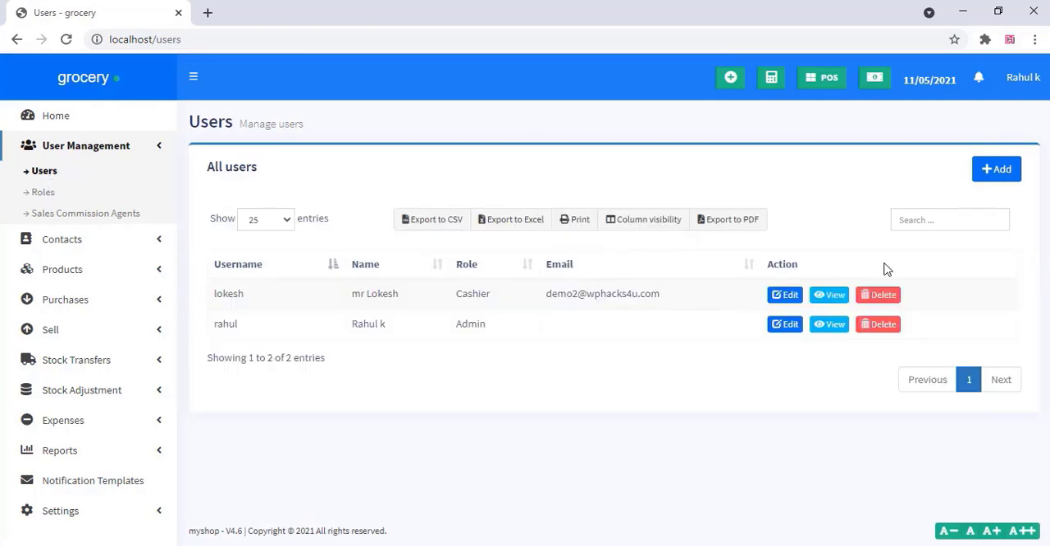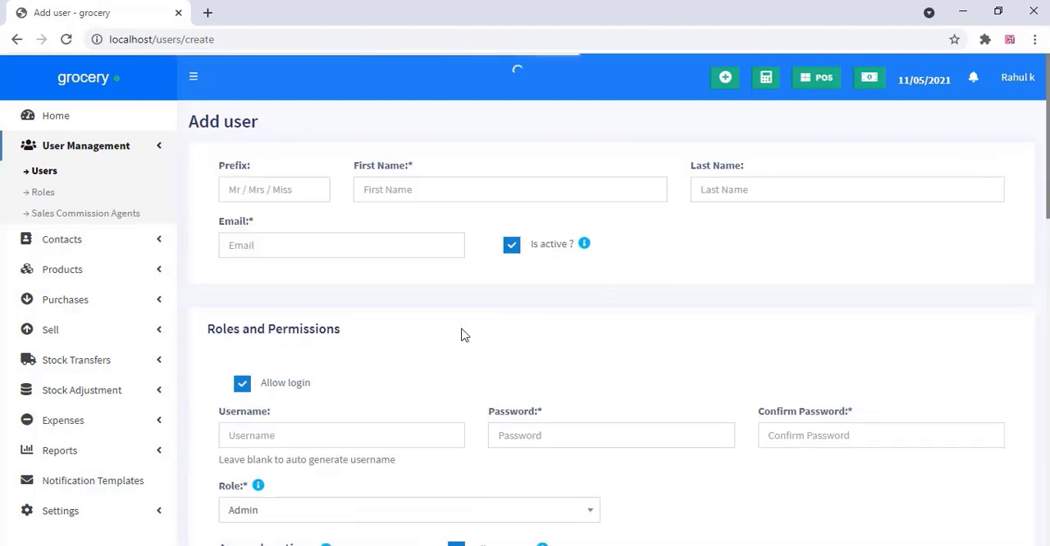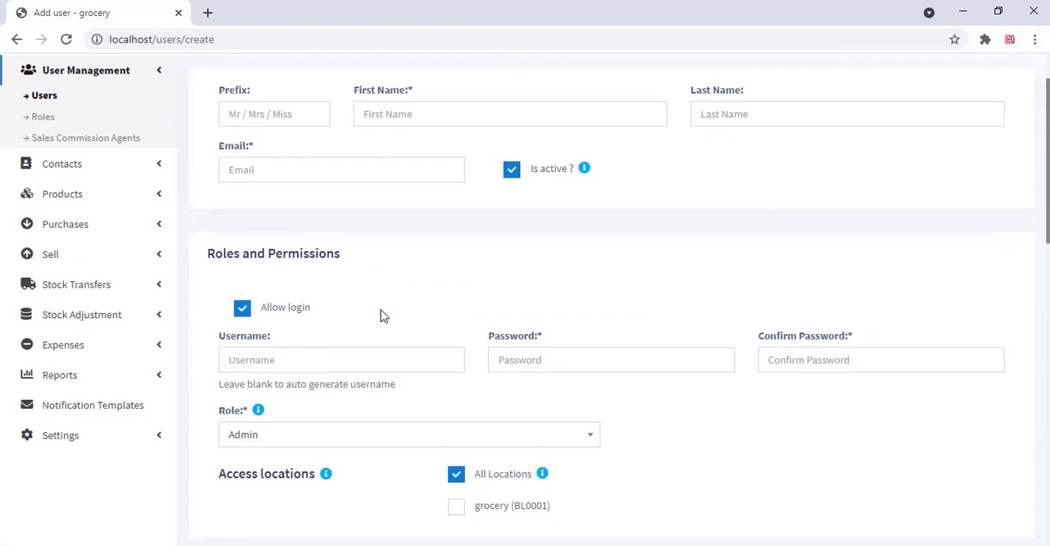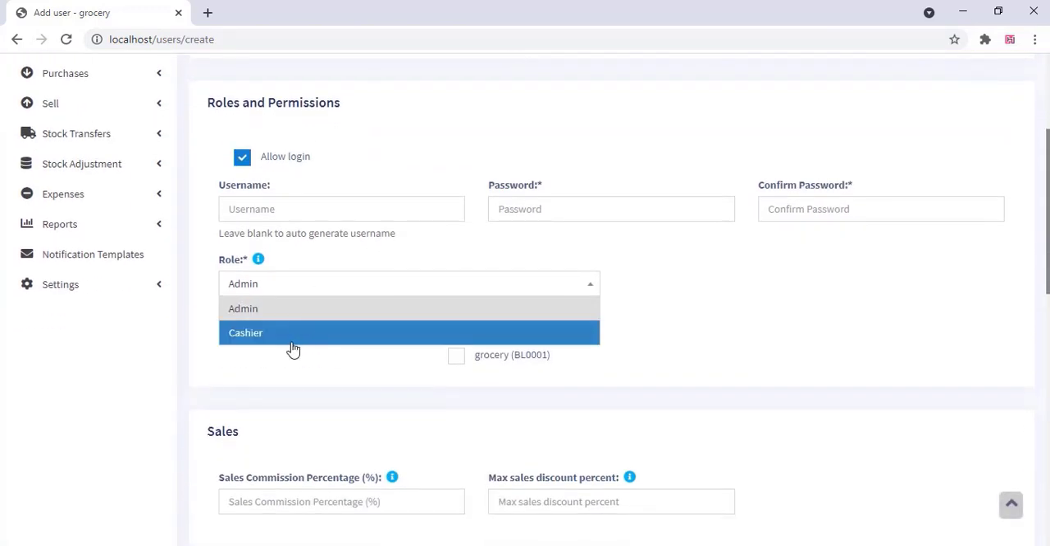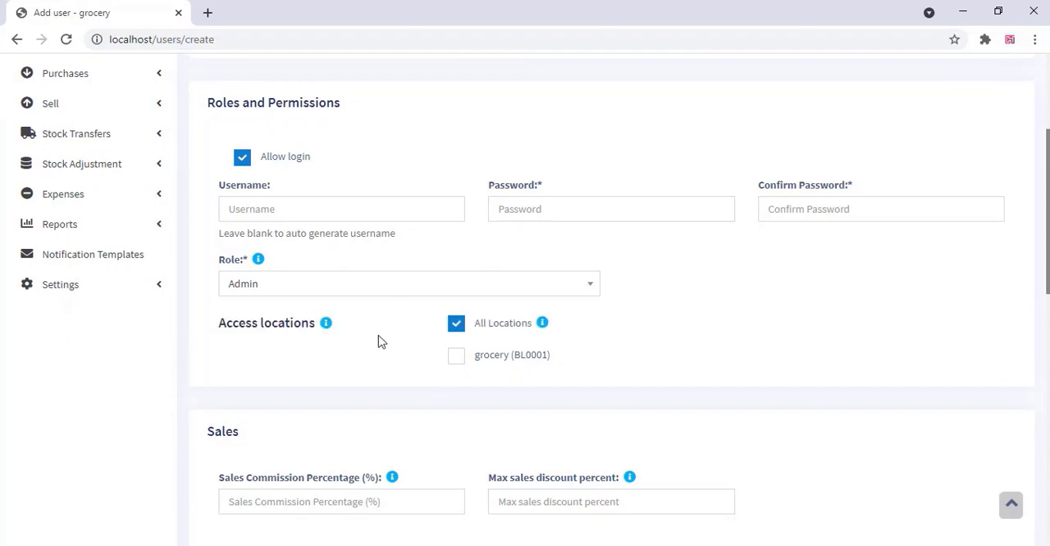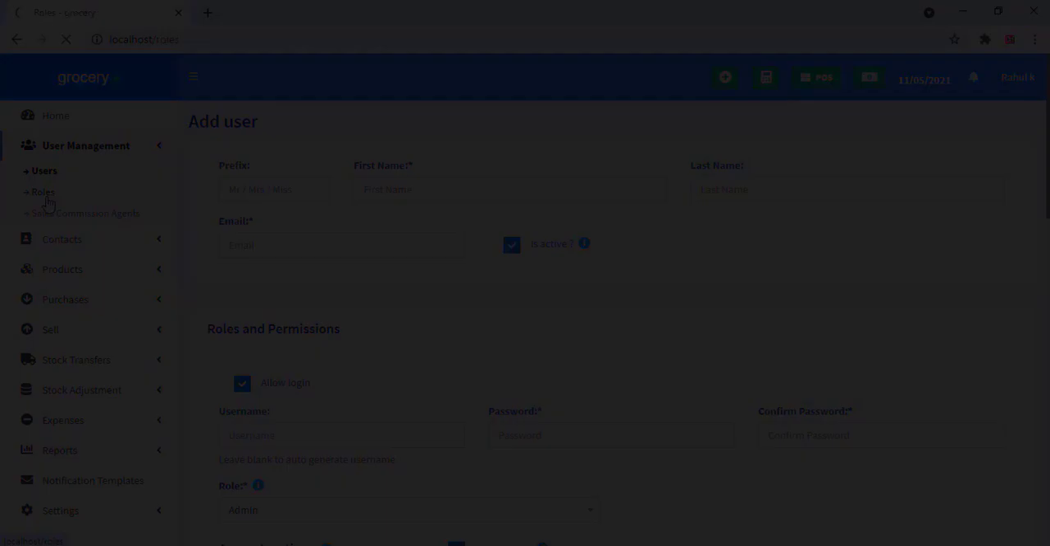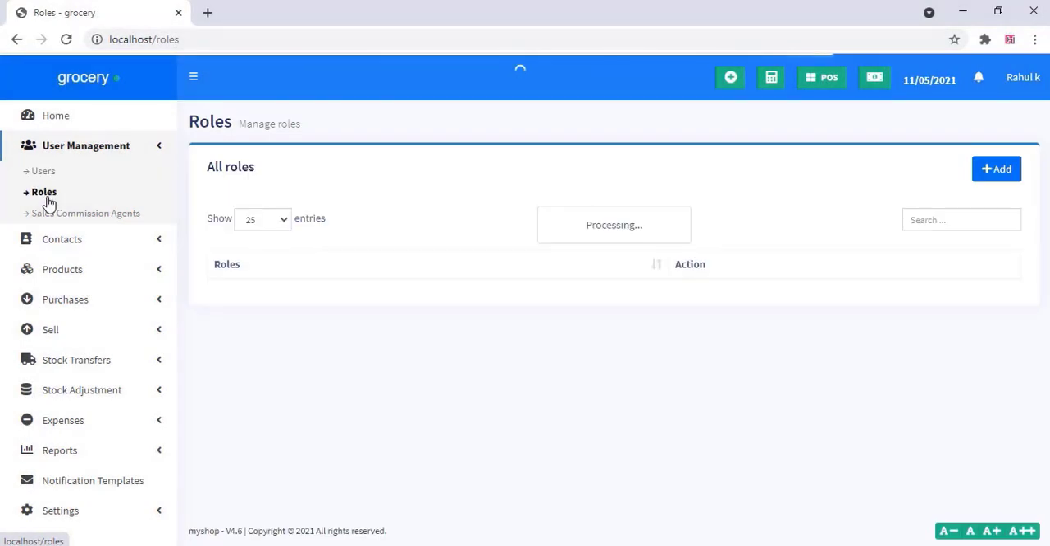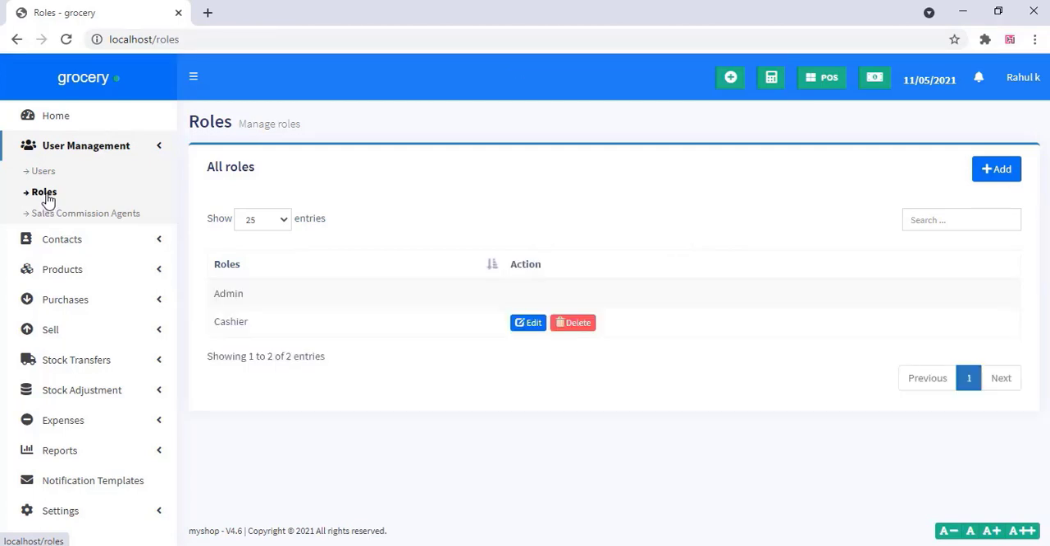If you have staff, you can add your staff. For the cashier, you can just add as many cashiers as you want. You can just add here. You can add allow login. You can just change the role of the staff here. You can add the access locations. You can change the roles here. You can add the roles for the users here,